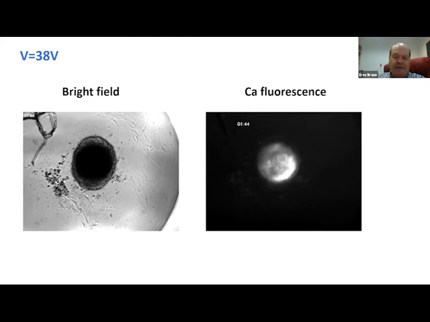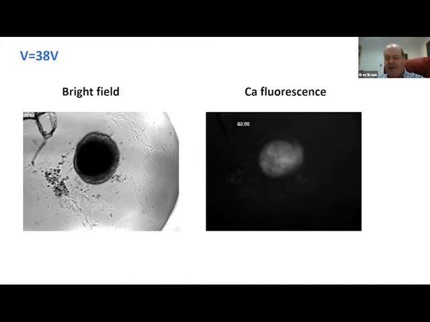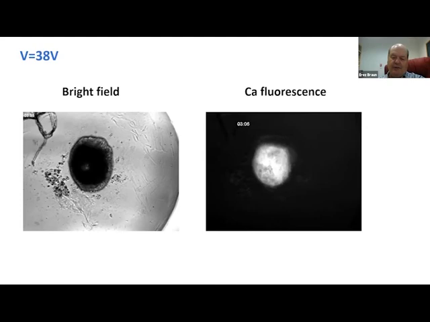This is an example at some voltage. And you see patterning appearing in the calcium dynamics, which is manifested in the fluctuations, in the standard deviation over mean as a measure of these fluctuations. Okay, so this is the picture